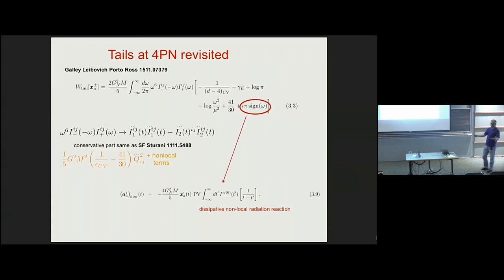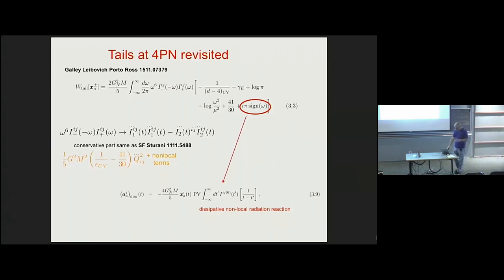The in-in formalism gives you more than what you did before because it gives you also the dissipative part, which is this one. In this case, the sine of omega and the imaginary part do not allow you to write the thing in this way. So this is a term which is purely dissipative, non-local, and you take it away. And, I mean, it is in the flux. Everybody knows that the tail has also a dissipative part. In this case, also notice that you have a clear distinction between what is conservative and what is dissipative. This is conservative, this is dissipative. They are clearly distinct.